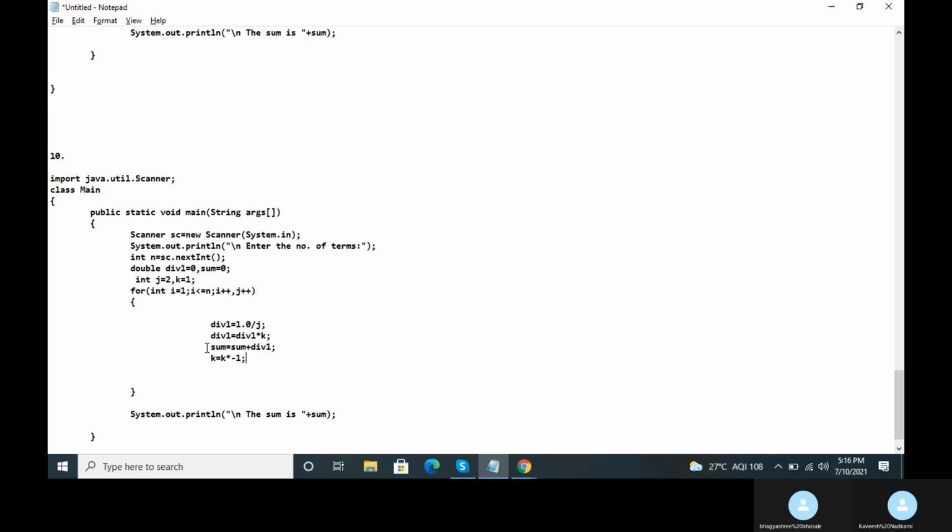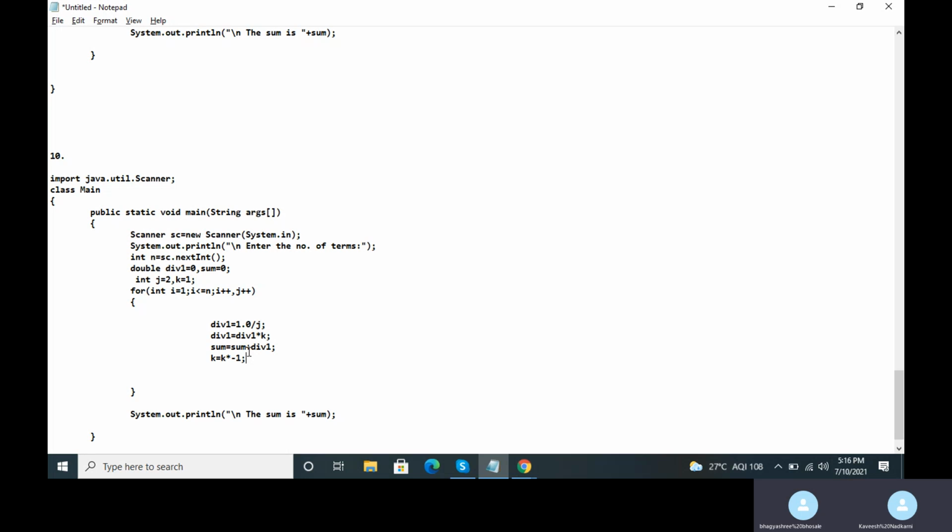Okay. Now the value of j becomes 4 here. So when j becomes 4, again you are multiplying. First of all, you have multiplied k by -1. Right? Okay. So now the sign of k is again back to positive here. Right or not? And then again, so for when you get 1/4, basically 1/4 into 1, that is plus 1/4. So now 1/4 will again get added to the sum variable.